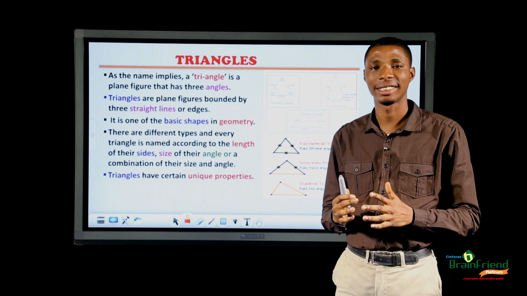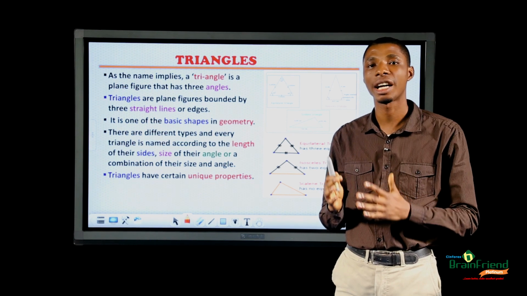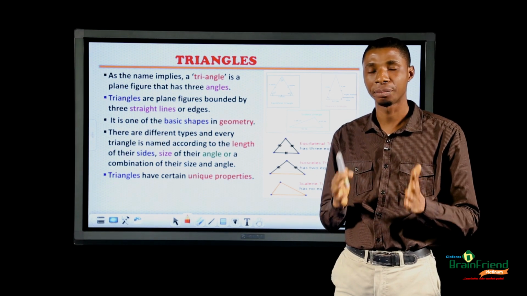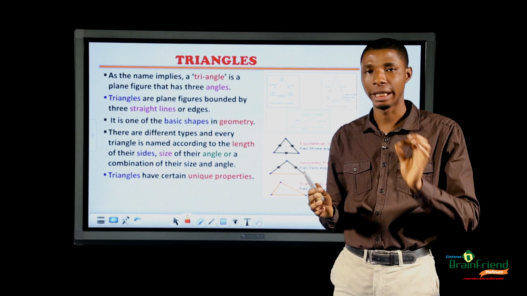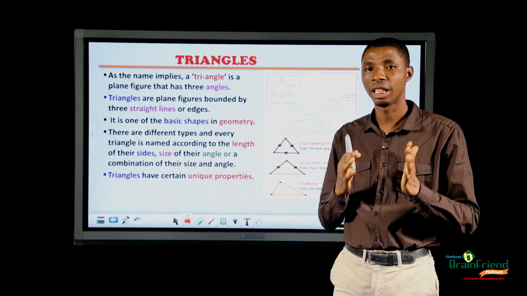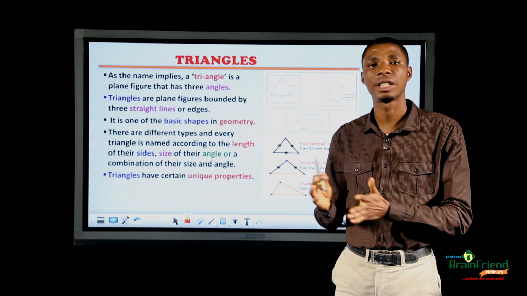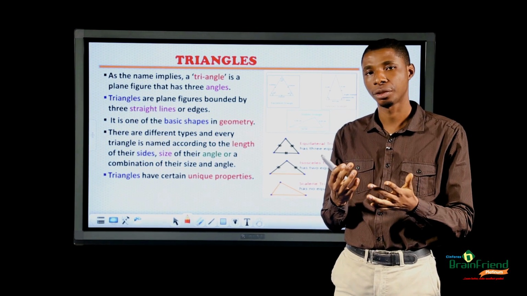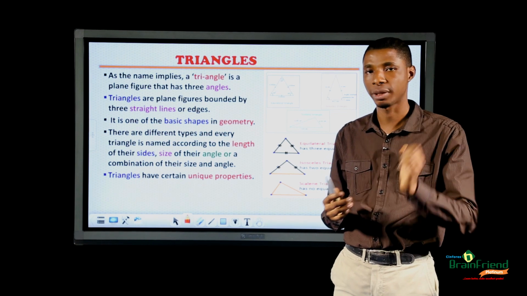As the name implies, a triangle is a figure that has 3 angles. They are figures bounded by 3 straight edges. It is one of the basic shapes in geometry. Triangles are named according to the length of their sides, or the size of their angles, or a combination of both. Triangles have certain unique properties,